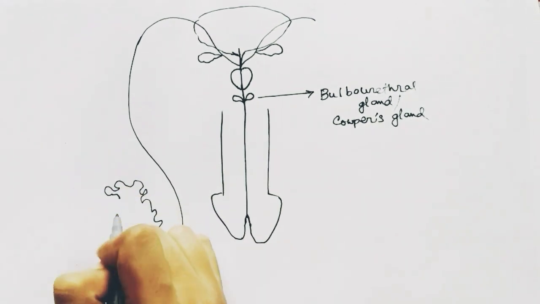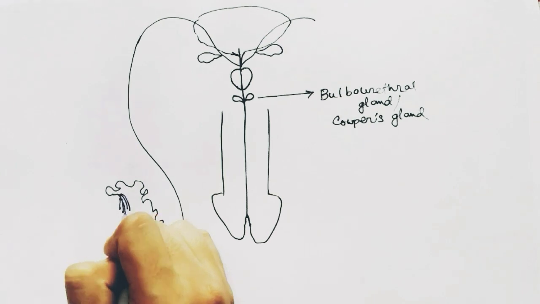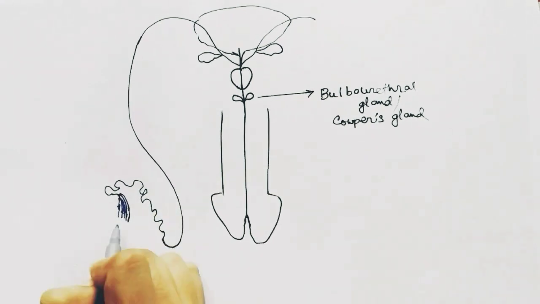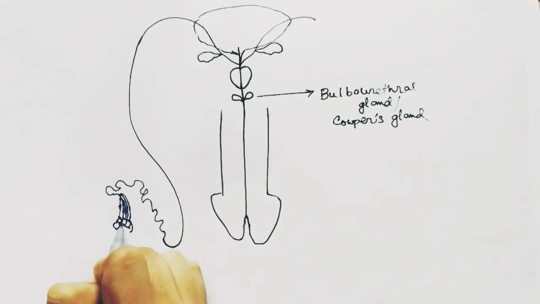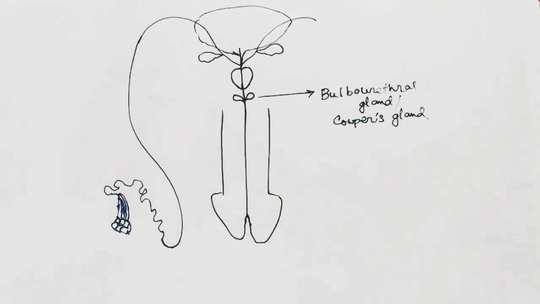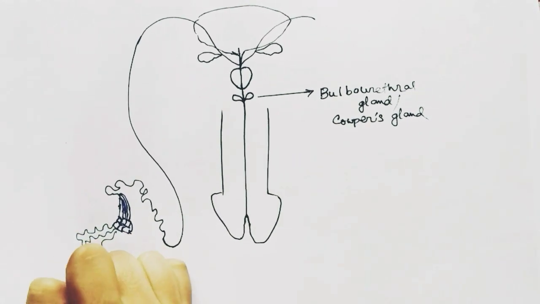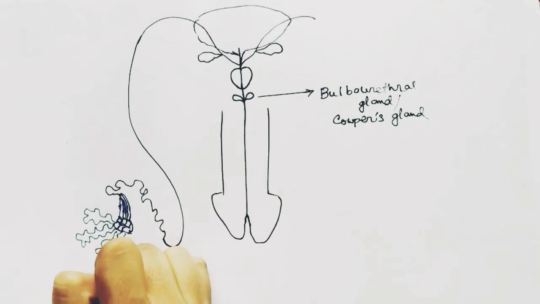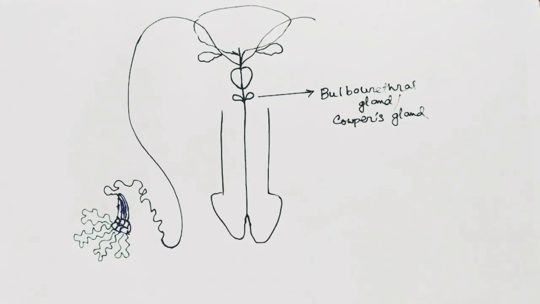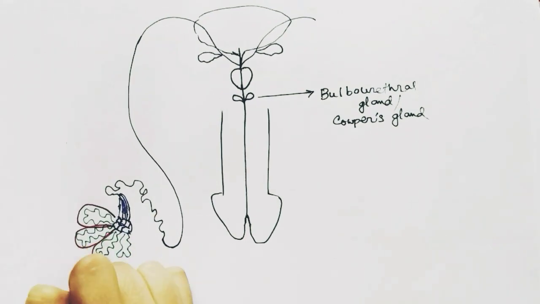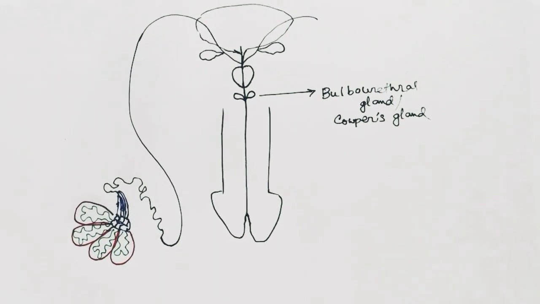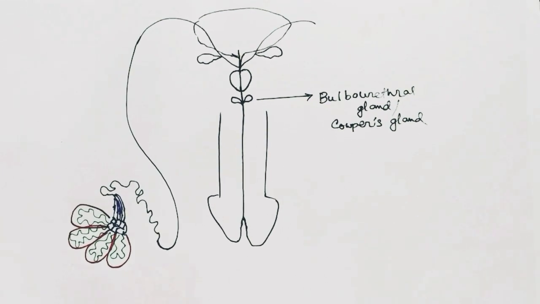And the epididymis is connected to the fine tubules called vasa efferentia, which is connected to the rete testis, and which is connected to the final seminiferous tubules. And there is a tissue or layer covering the seminiferous tubules. This is the tunica vasculosa. And now let's write the names.